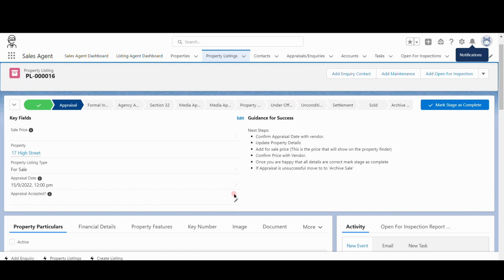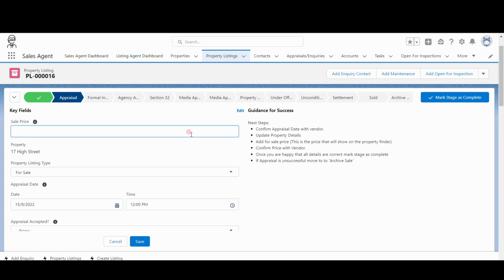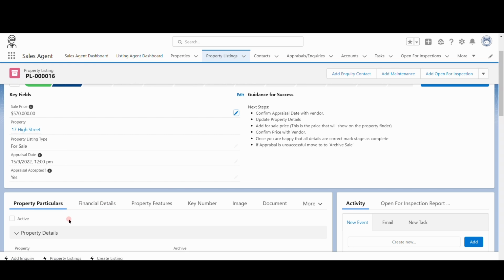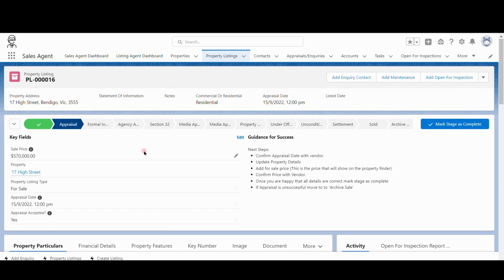Was the appraisal accepted? So we're going to sell this for $570,000. And the appraisal was accepted, yes. If we chose no there, then I'm not logged in as an admin on this particular organization, but we would see it go from the appraisal stage right down to archived, and we could pick a reason why